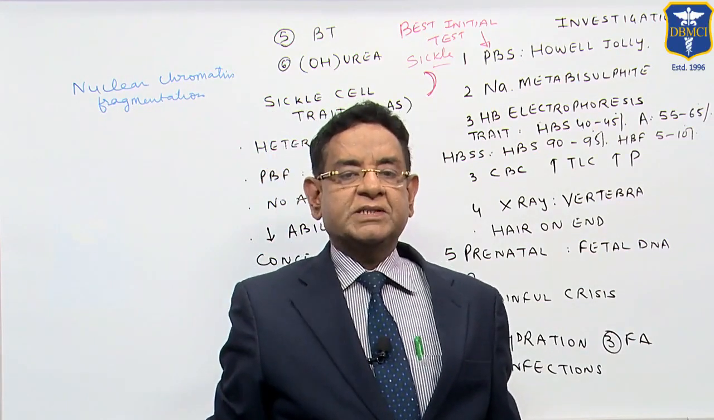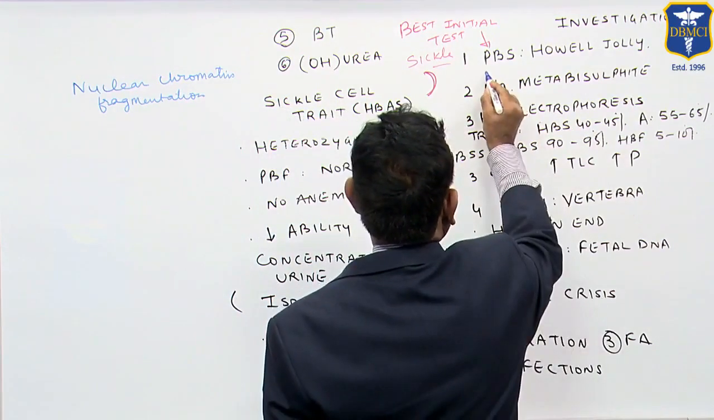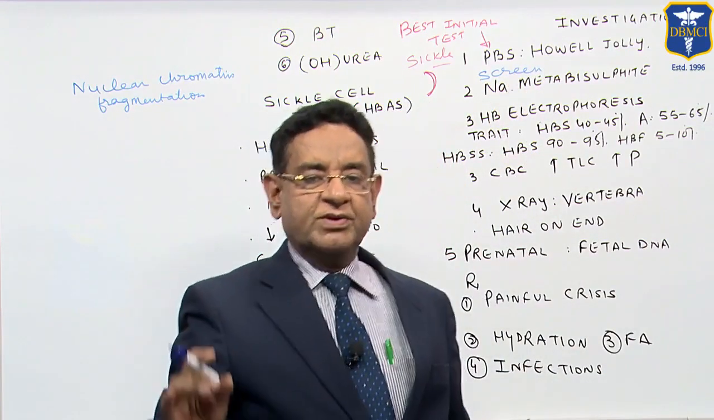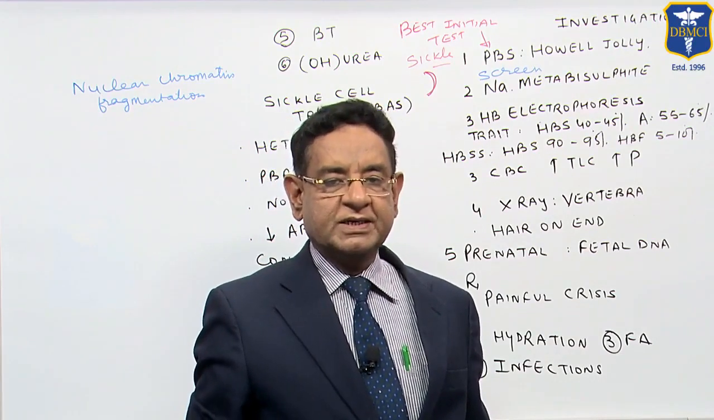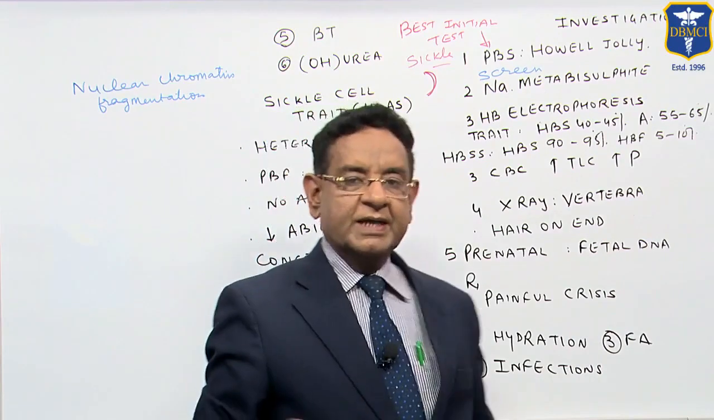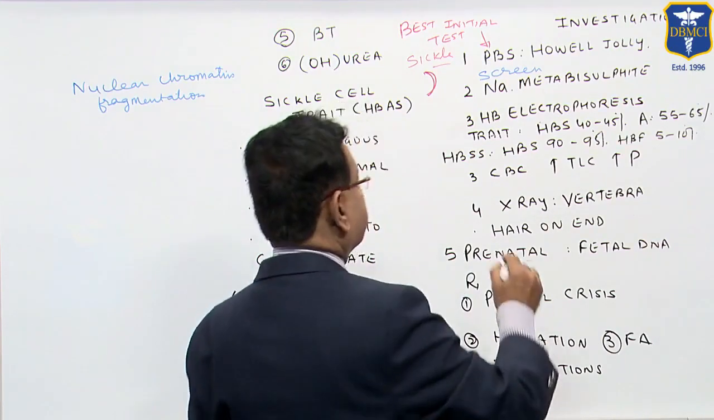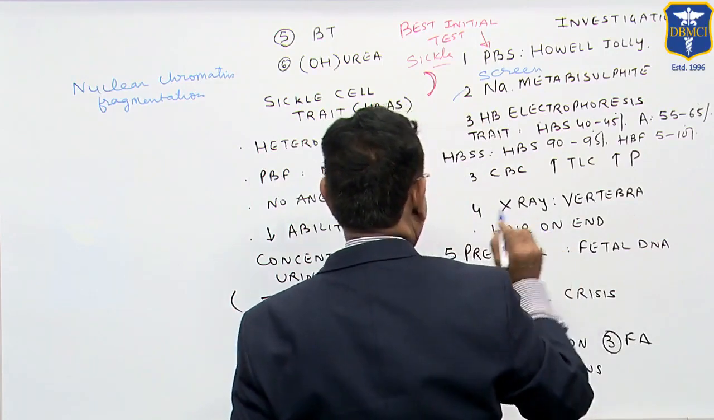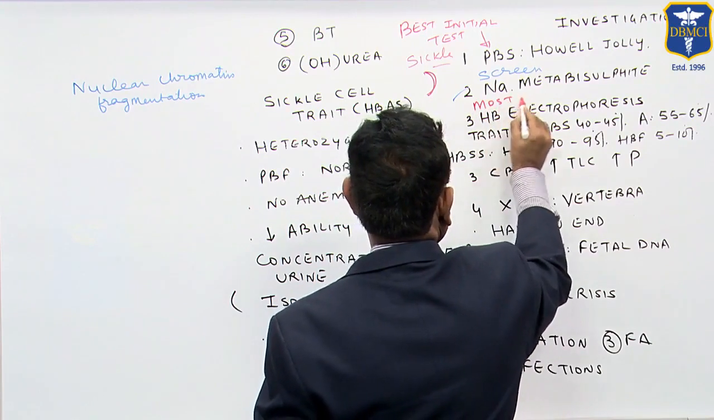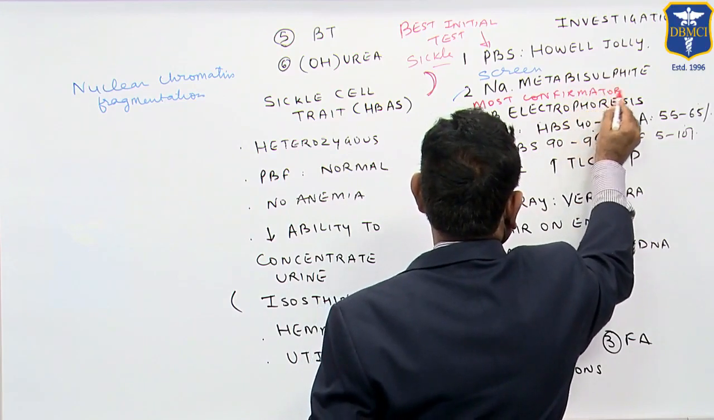And for the initial screening tests, we can go for sodium metabisulfite for screening. What is done is that a drop of sodium metabisulfite is put on the slide, and it creates hypoxia, and hypoxia induces sickling. So it's a screening test. But the most confirmatory test is hemoglobin